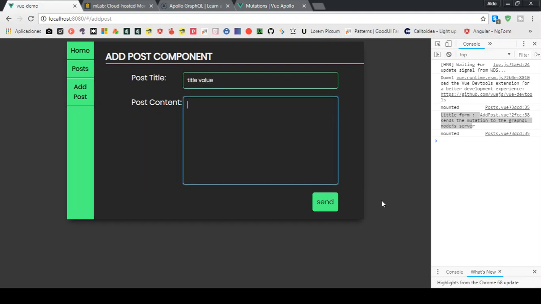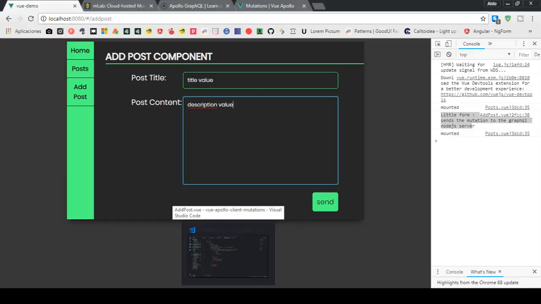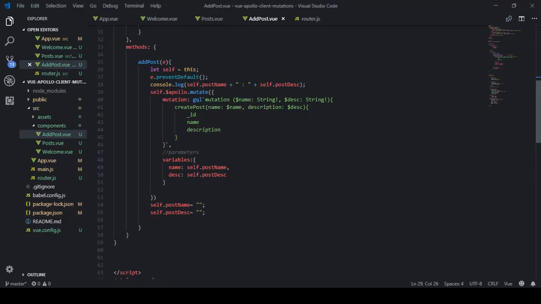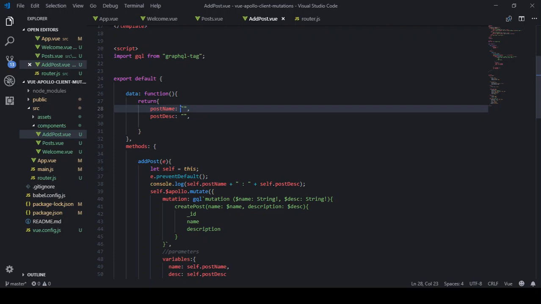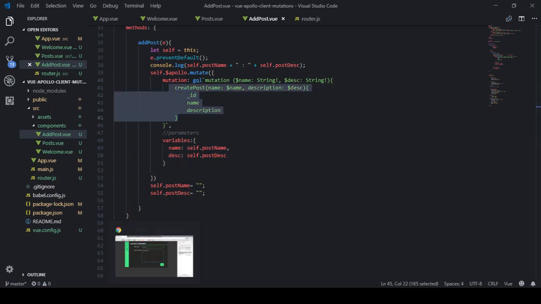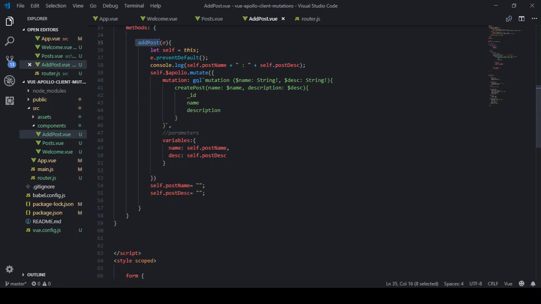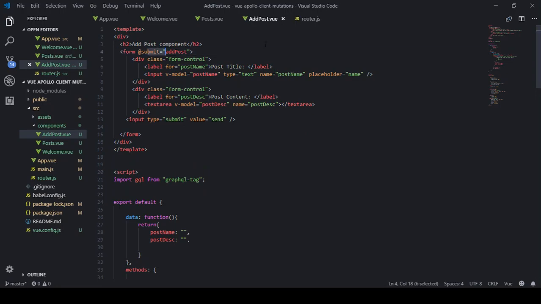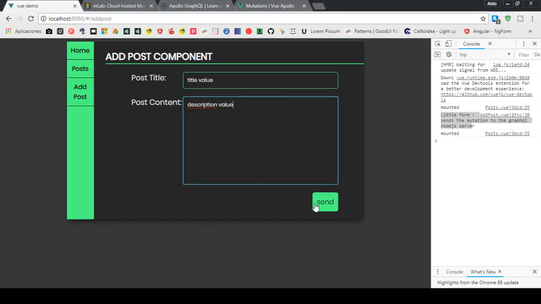Okay, title value and description value. So I already have these ones. Those are already stored here instead of the empty strings. Okay, so we don't have to do anything else there, and we just assign that, okay, to our variables, and it will send the mutation. When we click the submit, that calls this add post method. Okay,